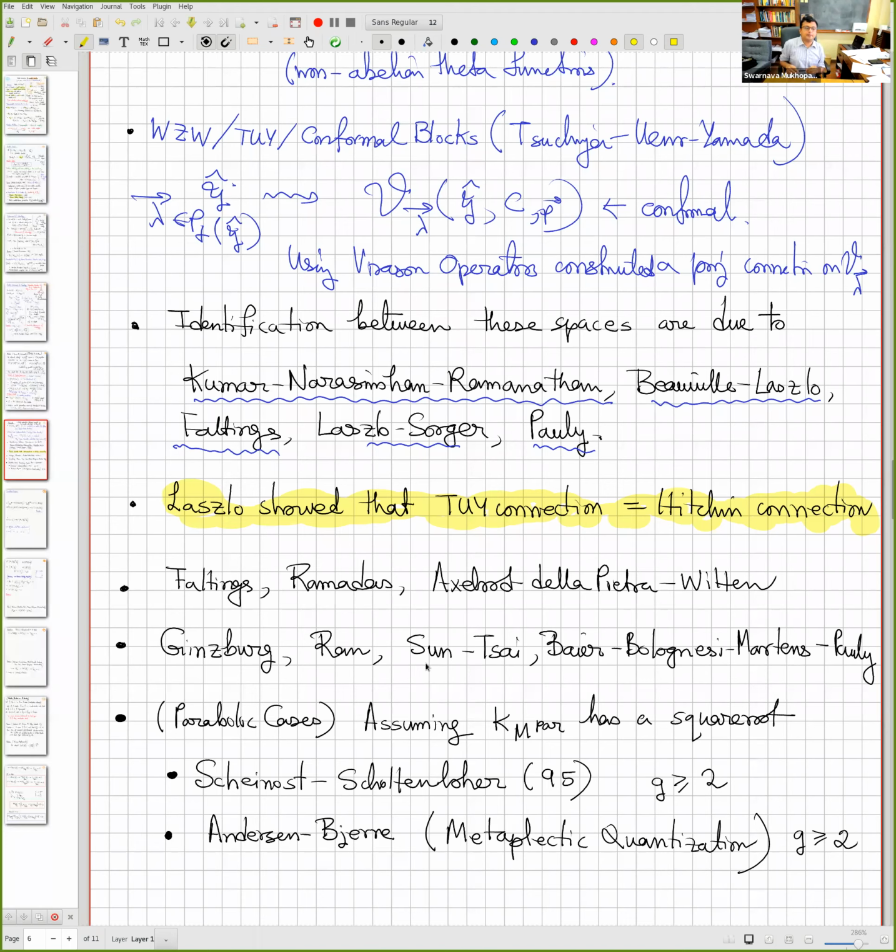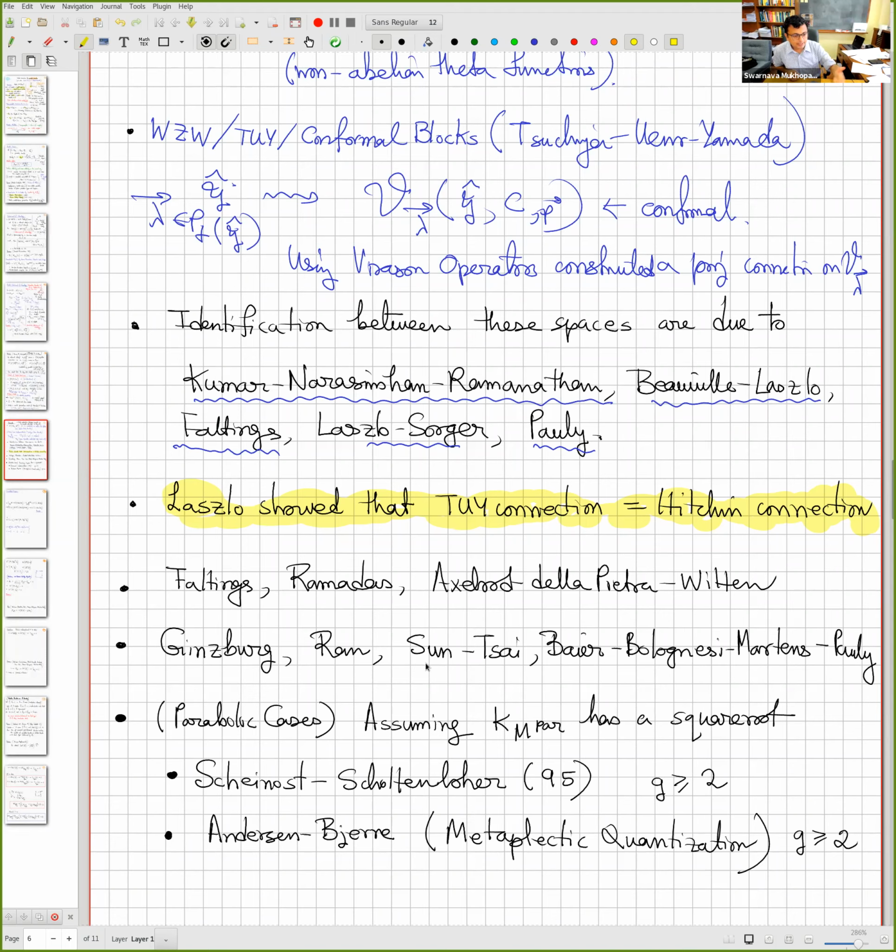Now in the parabolic case, this result was unknown for arbitrary G. So let me mention the results that were known. Assuming the canonical bundle of the moduli space of parabolic bundles has a square root. Okay, this may not be the case. For example, the fibers could be like P2, and then that doesn't have a square root. So assuming this, there's an outline of a construction of this connection in the parabolic case for G